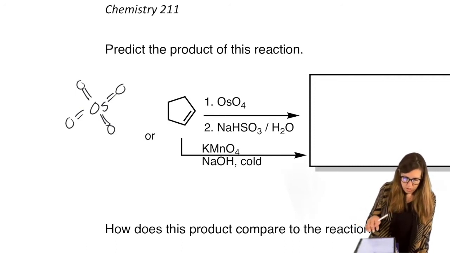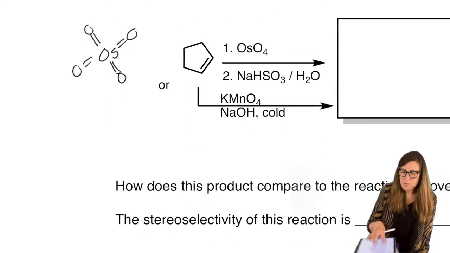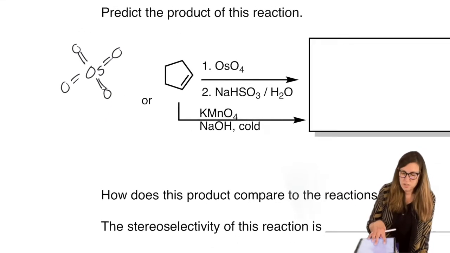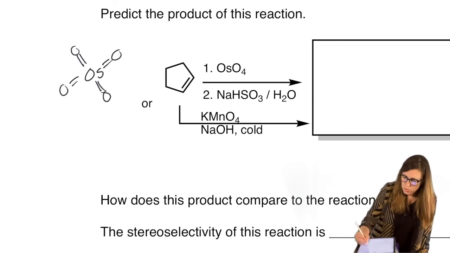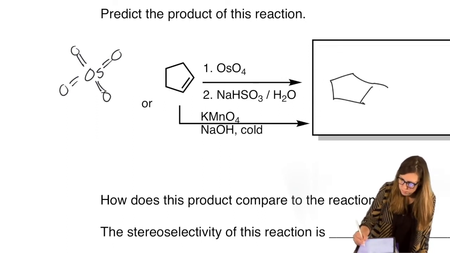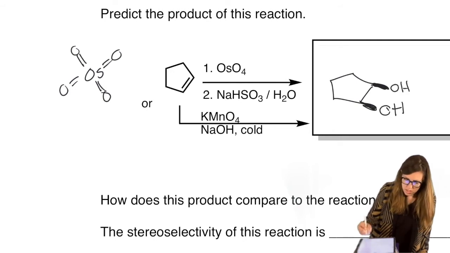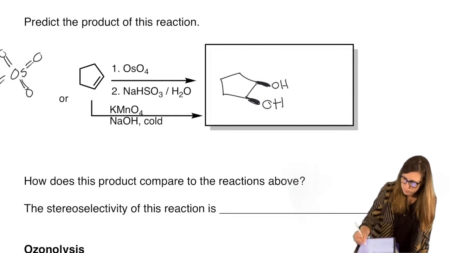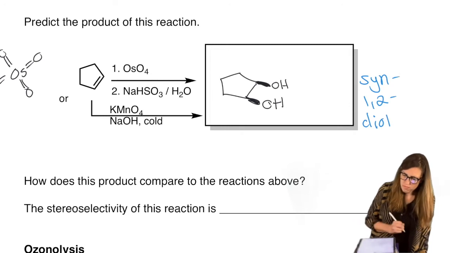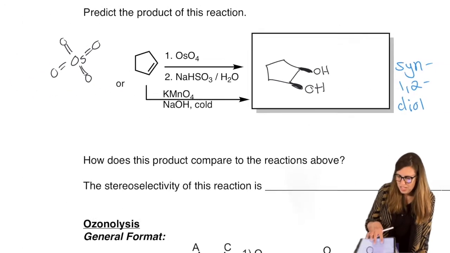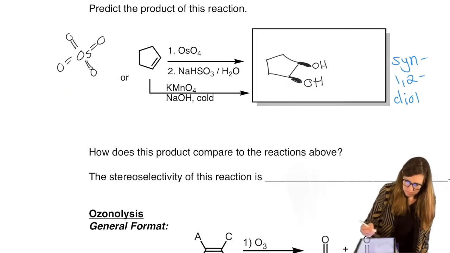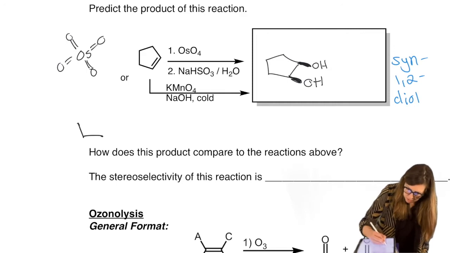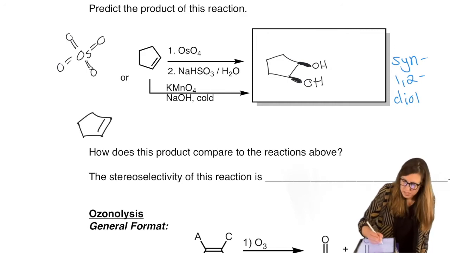Their mechanisms are not as clear-cut with arrow pushing. So what I'm only going to show you and ask you to kind of keep in mind and remember is the first step, because that explains the stereoselectivity. It helps us get a syn. So in other words, we are going to see this when we're done. OH, a syn 1,2 diol. So you can at last get it, but in terms of mechanism, this is the only part that I'm going to ask you to kind of keep in mind because it helps explain the syn selectivity.